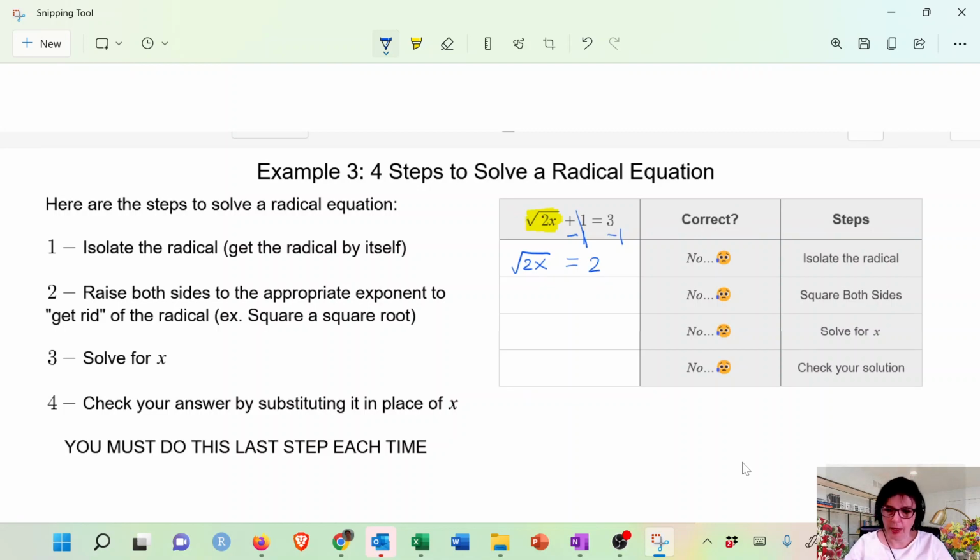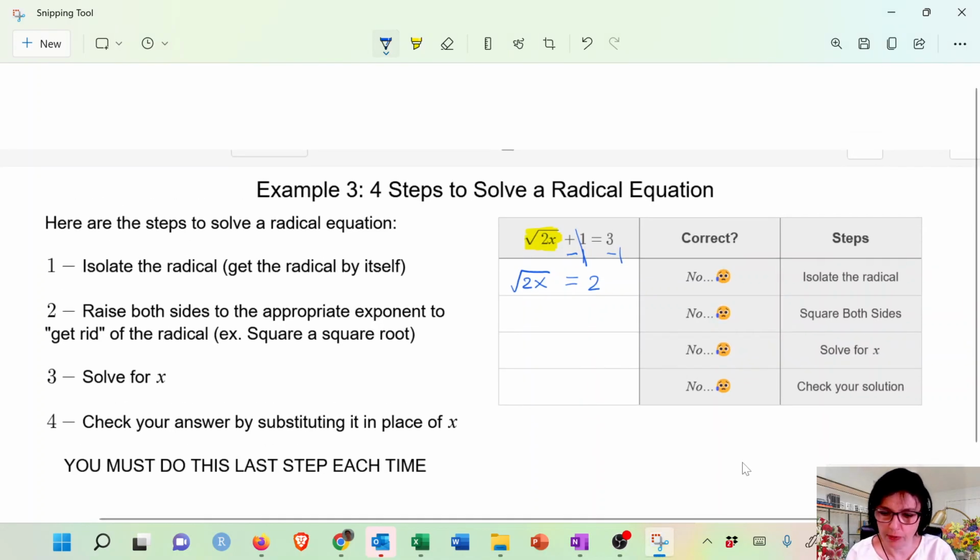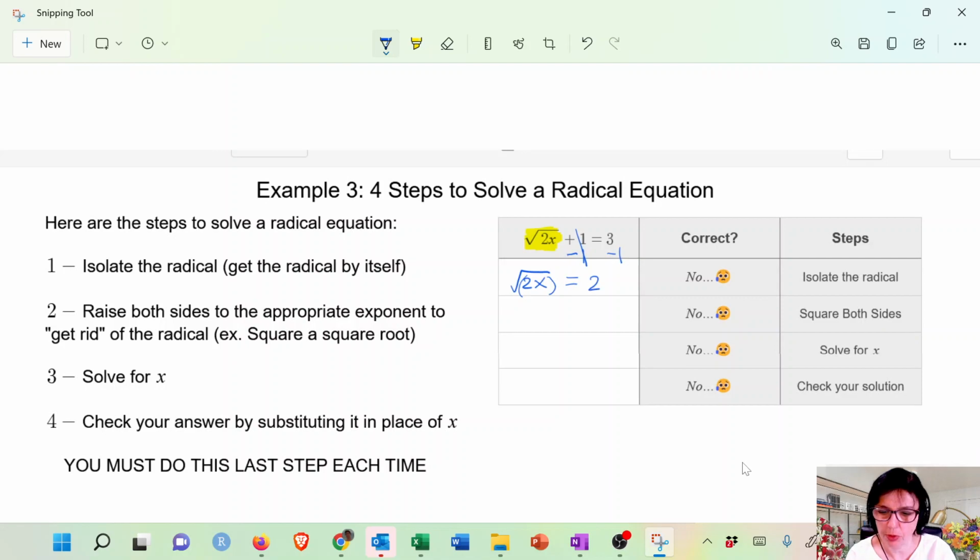Okay, so now that we isolated the radical, we need to get rid of it. You need to remember, to get rid of the radical, you need to square both sides. And when you square both sides, you need to put the expression that was under the radical in parentheses. So it's very important. I want to put parentheses around here, and then I'm going to square, and then I'm going to square over here. So that whole thing was under the radical. So when the square is applied, the radical just disappears and we wind up with just having 2x on the